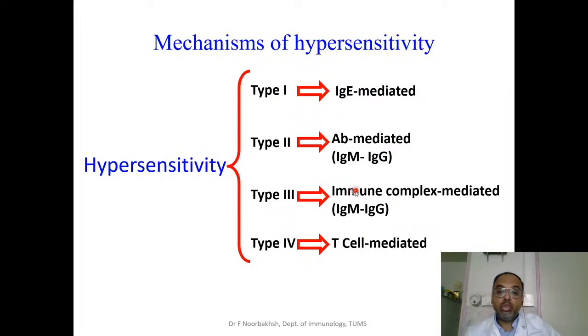So type 1, 2, and 3 are all somehow related to humoral immunity, related to antibodies, which are produced by B cells. But type 4 is caused by T lymphocytes. It's caused by elements which are responsible for the generation of cell-mediated immunity. So putting these two